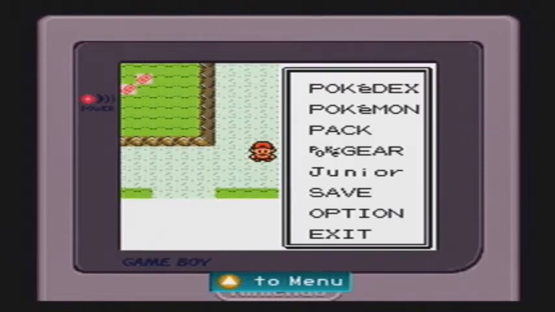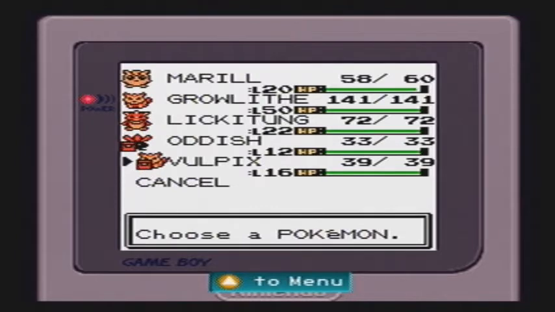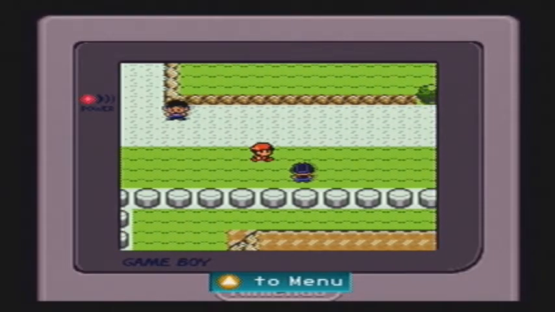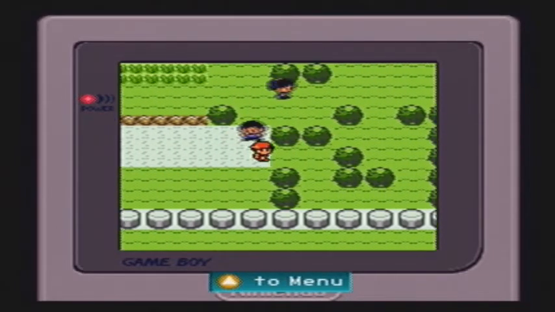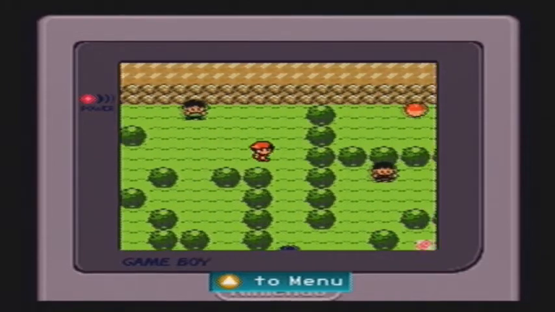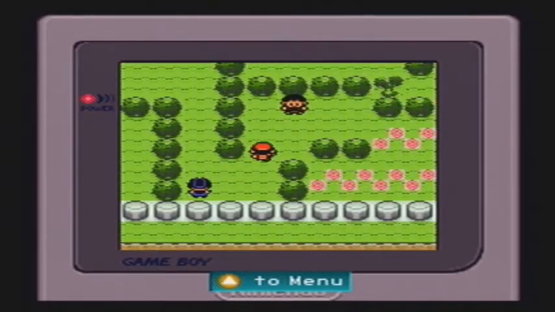Well, first, let me show you the Pokemon that I've got with me here. I've got a Vulpix, an Oddish, a Lickitung, a Growlithe, and a Marill, and I'm missing one other one, but I'll show that and explain what I mean by that in a while. Now, I may have shown this when I came up here for the first time, when you meet Misty up here,